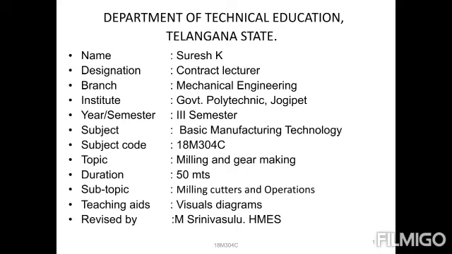Next, in the next slide we discussed the construction details of the milling machine, how many main parts there are, and the functioning of each and every part, in the last class. Now we have discussed the milling cutters, and next is the milling operations. So in this one we need to know what a milling cutter is.